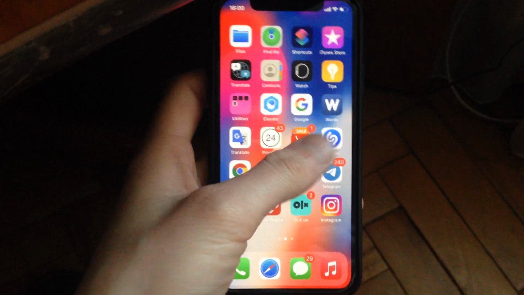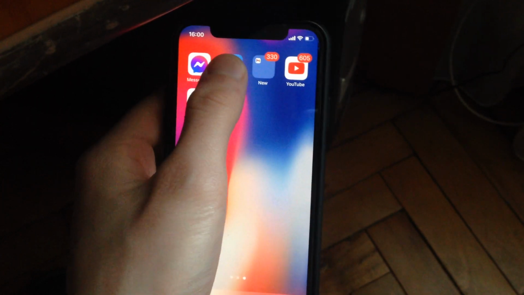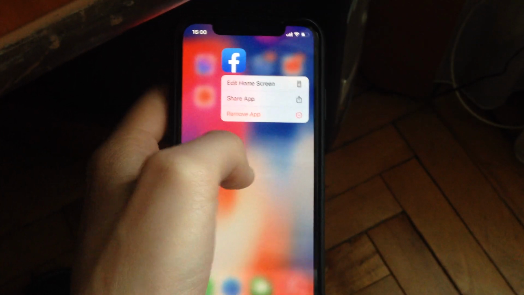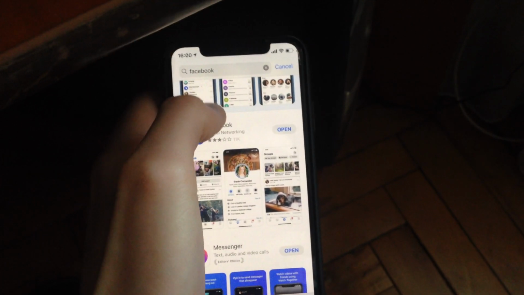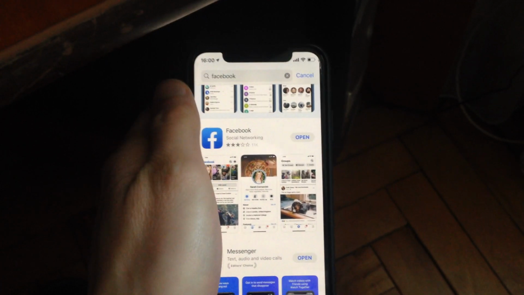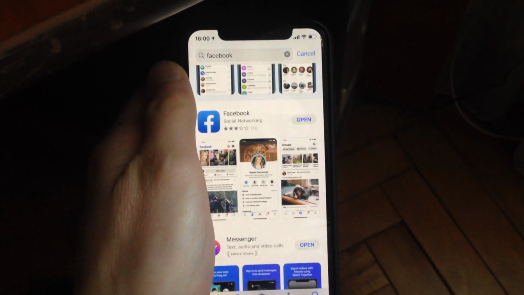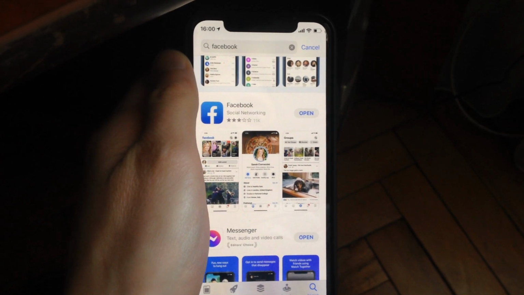And if it doesn't help either, you can also try to tap on Facebook, tap on Remove App, and after that go to the App Store, go to the Search tab and write Facebook, and tap on the Get button. So just download and install the Facebook app again on your iPhone. So this is the way you can try to